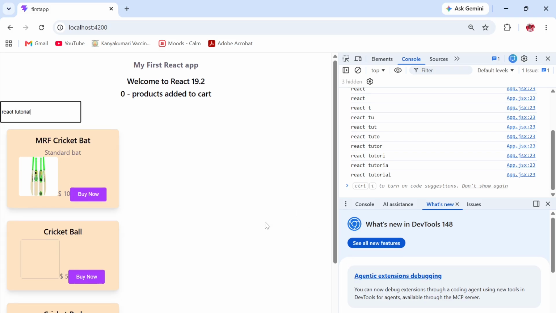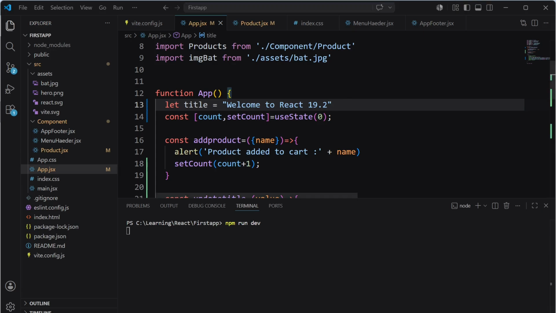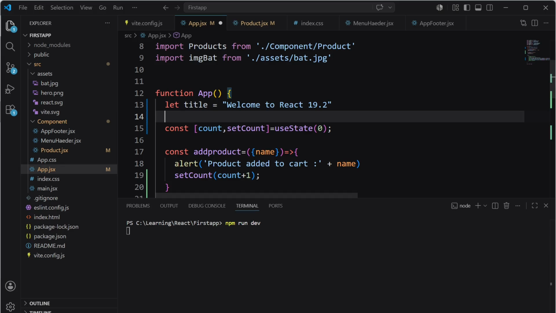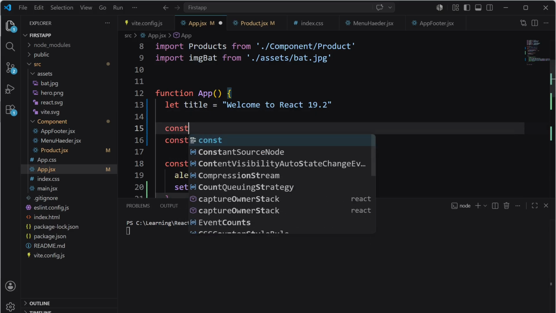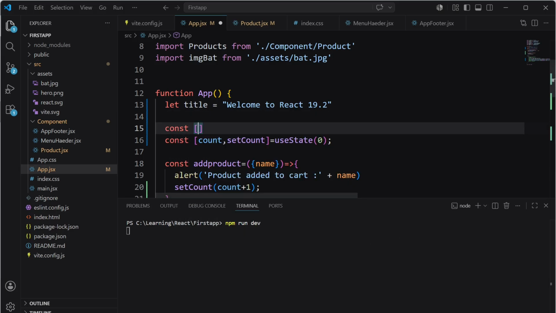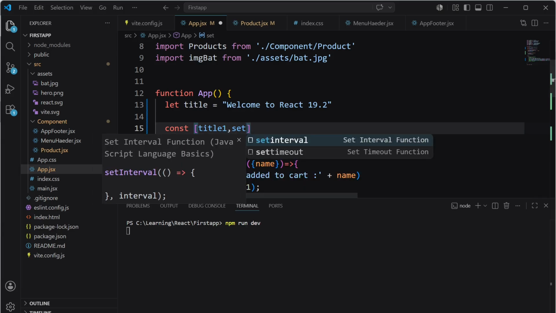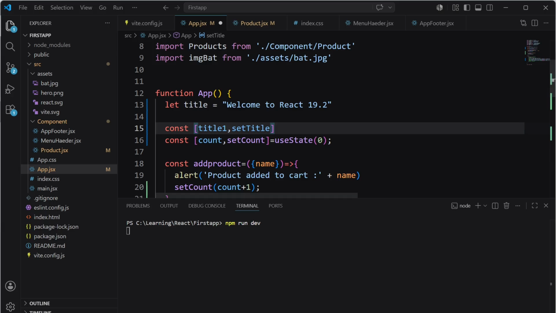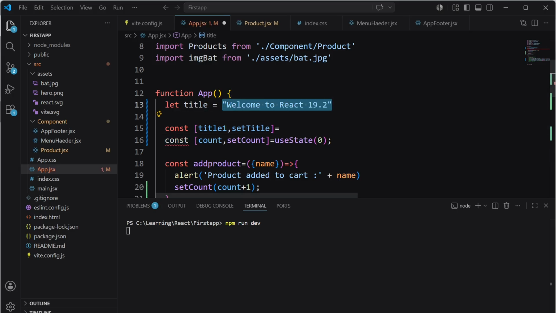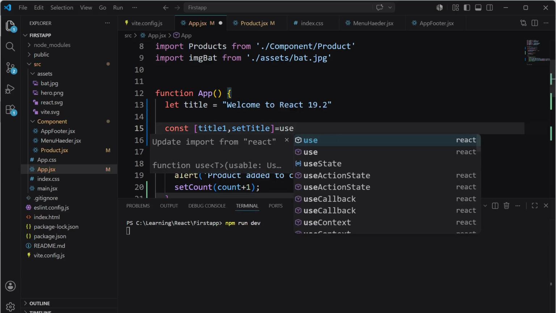So now for this title, instead of the normal variable, I am going to use a useState variable. So let me declare one more new variable, const, and as part of the syntax we have to use this array. Then our variable name, I can give title1. Okay, and the function is setTitle. Okay, so by default we can have this value, and before that we need to use this hook,